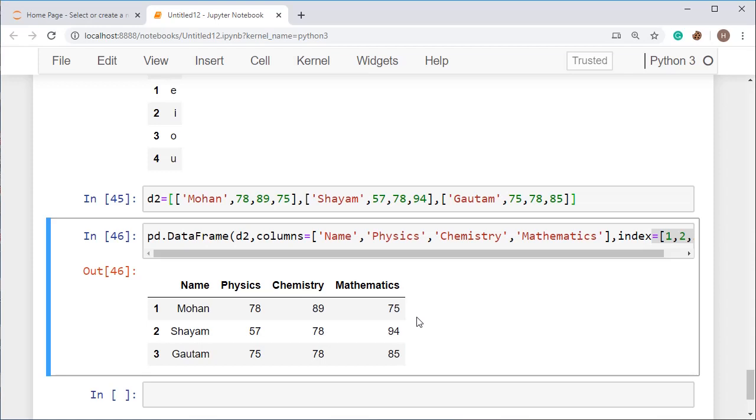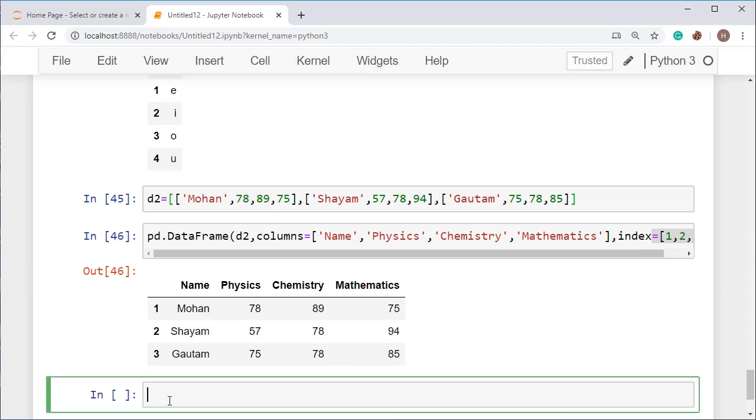Now I am going to show you how to create data frames with the help of a dictionary of ndarrays. I am not going to show all the combinations because that will make the video much longer. So take the help of Google or use your own creativity, like making a data frame with the help of a list of dictionaries, a dictionary of lists, something like that. I'm going to show you a single thing, a data frame from a list of dictionaries, and the rest I will leave to you to practice at home. If you do not practice, you will forget everything and you will not be able to work on the data.